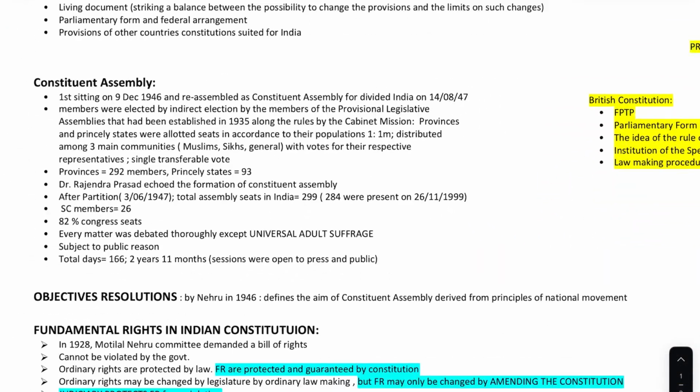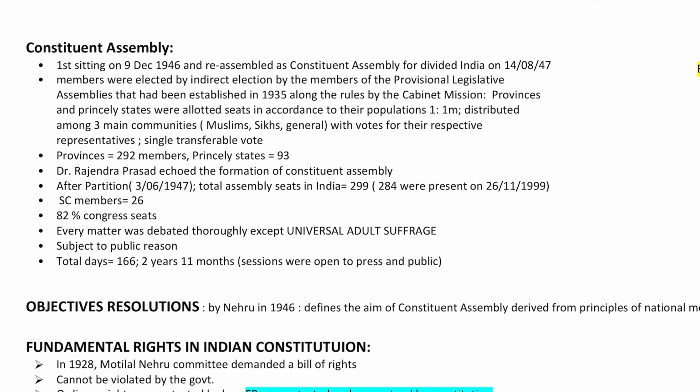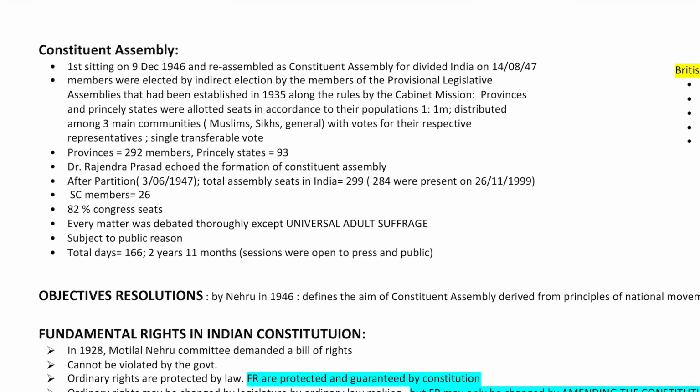Then the Constituent Assembly. The first meeting was held on 9th December 1946 and it reassembled as the Constituent Assembly for divided India on 14th August 47. Members were elected by indirect election by the members of the provincial legislatures, and from the princely states they were actually nominated by the princes themselves. The assemblies had been established in 1935 along the rules of the Cabinet Mission. The provinces and princely states were allotted seats in accordance to their populations, so in proportion to their populations,